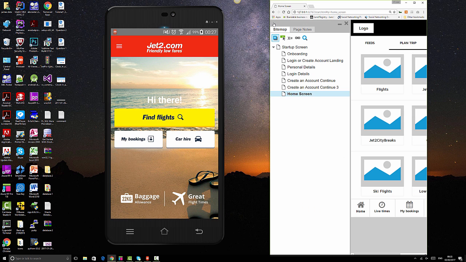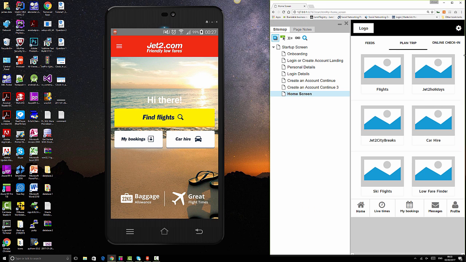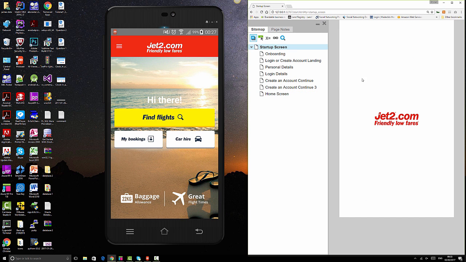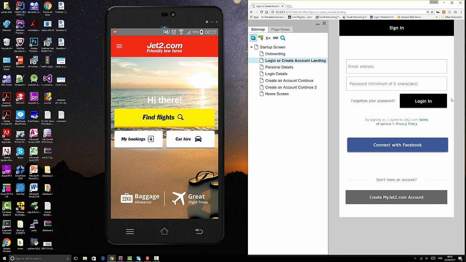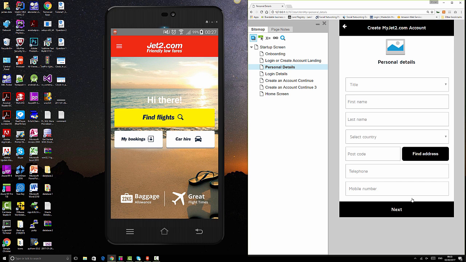Now let's go back to how the page was when we first started. When we start the page, we have this, and then we go through the onboarding section, which says get started. Now we're going to assume that we don't have an account, and we're going to click create my jet2.com account. When we do, we see this page which asks for some personal details, and we enter this information. This process should probably take about 3 to 4 minutes to register your details, because on the